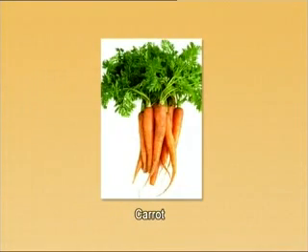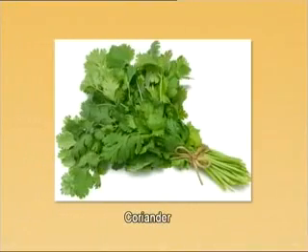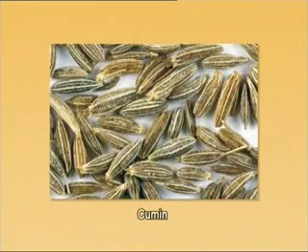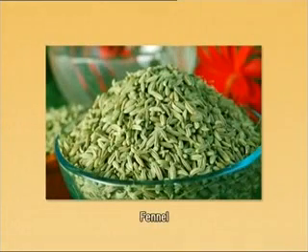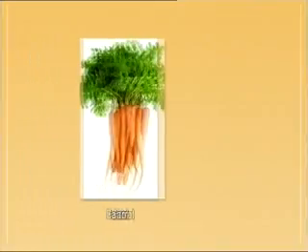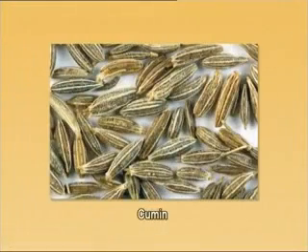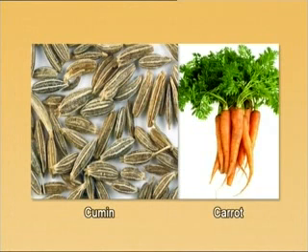Dear students, we all know about carrot. We eat it as a vegetable. We also know about spices like coriander, cumin, fennel, etc. These spices make our food tasty. Do you know? These different types of plants, whether carrot or cumin, all belong to a single botanical family known as Apiaceae. So let us today discuss this family Apiaceae.